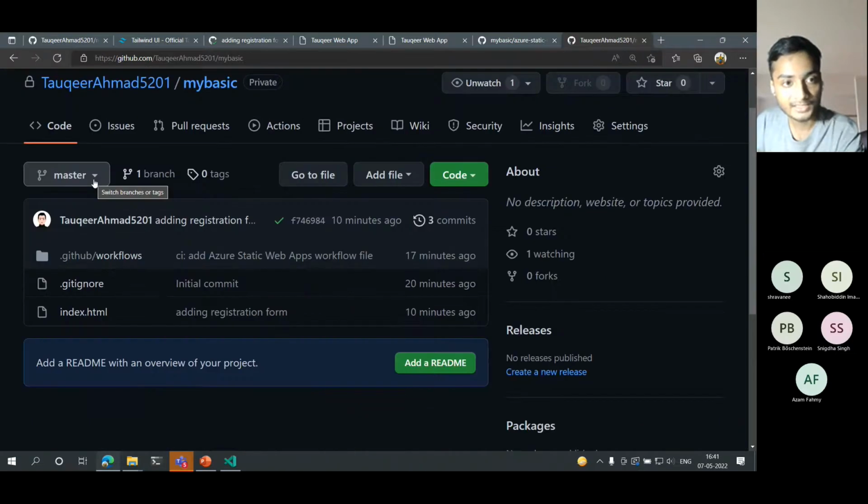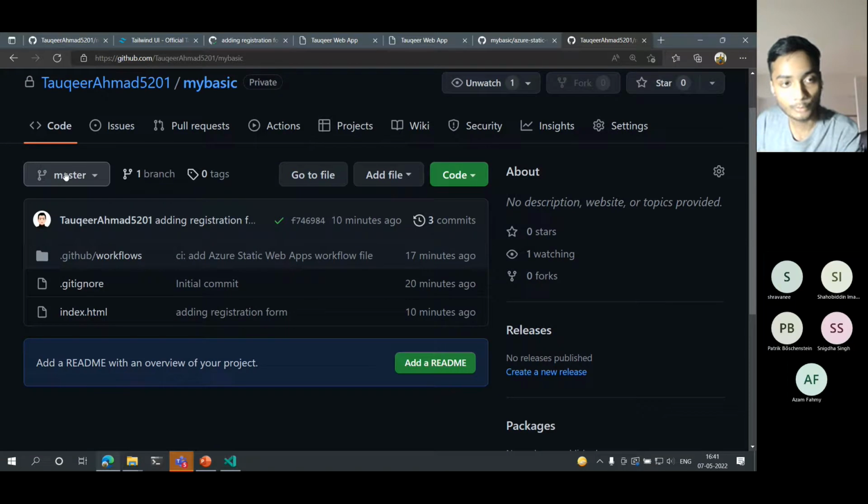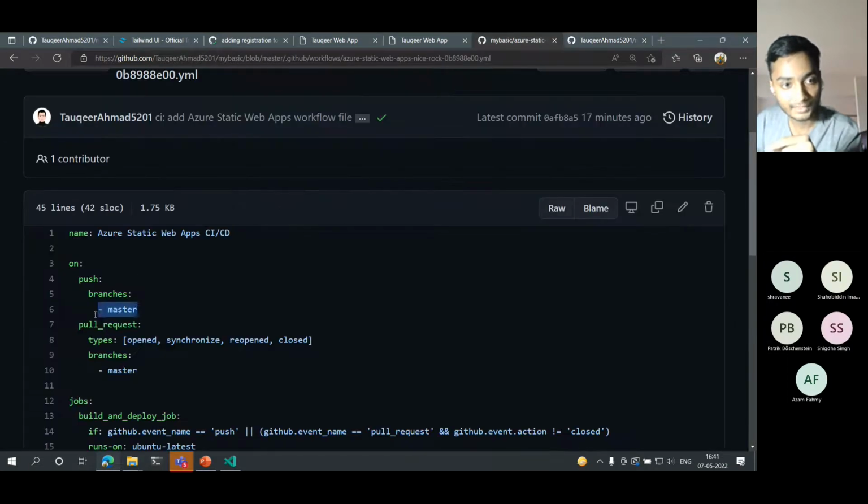In GitHub, while managing Git and GitHub system, you have a lot of branches to update your code, to update your feature, to have the latest feature in your software or the web app that you are creating. If I create any sort of new branch over here, then it will be a new branch. As of now, the default one is always master. So it is saying that whenever we push a new update over master, or master faces any new update,